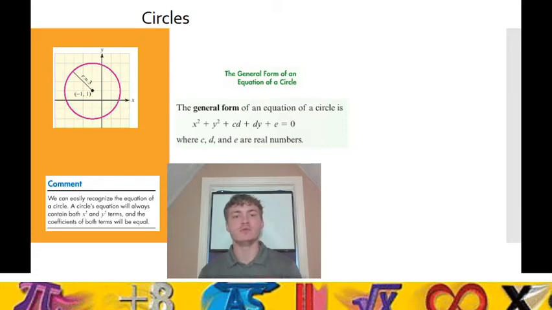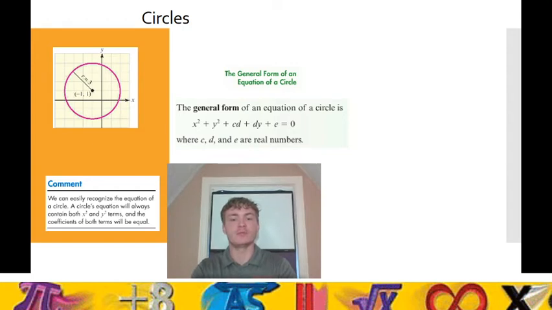For the following general form, x squared plus y squared plus cd plus dy plus e. Now, I believe there is a little bit of a typo in there. That should be plus c times x plus d times y plus e. I'm not sure what they did there with that one, but we'll see nonetheless how we can express an equation